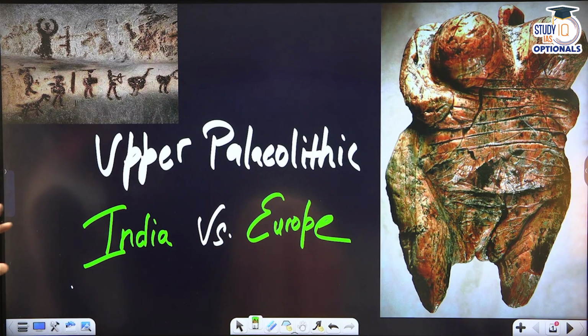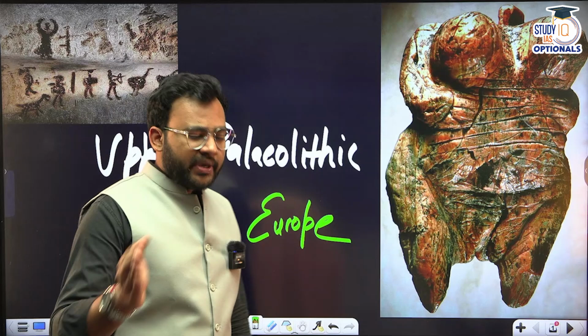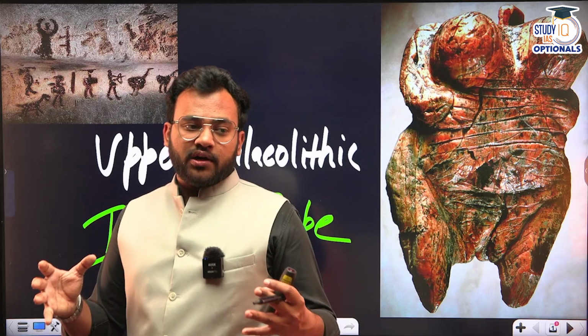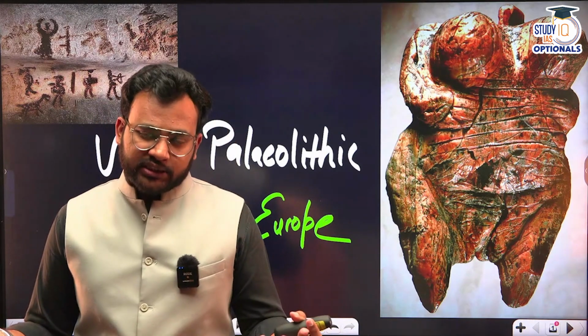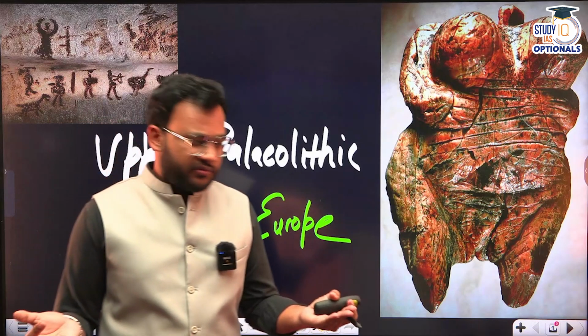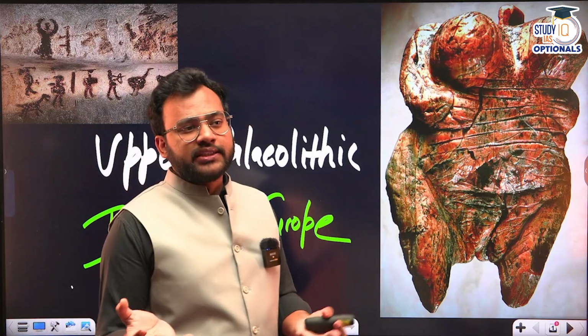Venuses are roughly circular outlines of female figurines, like female figurines as you see in the Neolithic of India and the Indus Valley civilization. But they have secondary sexual characteristics which are probably exaggerated to an extent. The exact function of these Venuses is not known, but it is believed they were connected to certain ritualistic practice, some symbolic aspect, or maybe they demonstrated the higher status of female fertility and these type of cults.